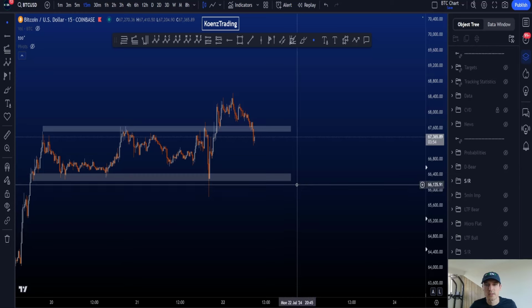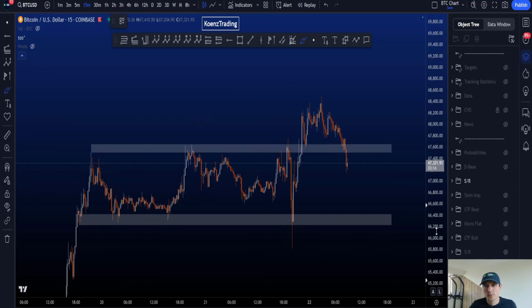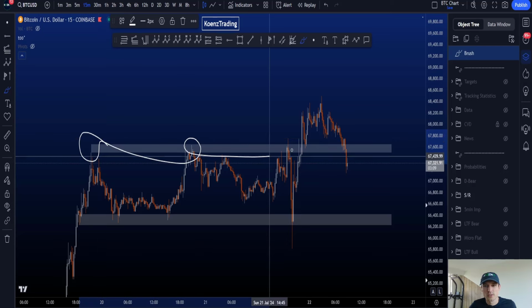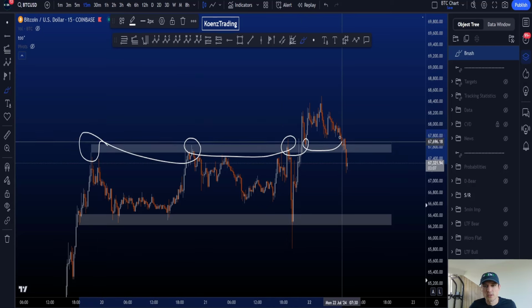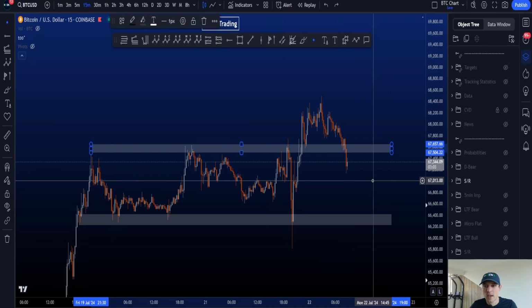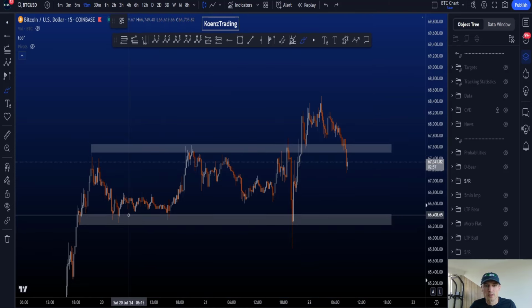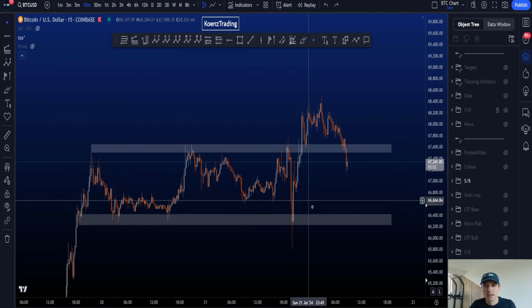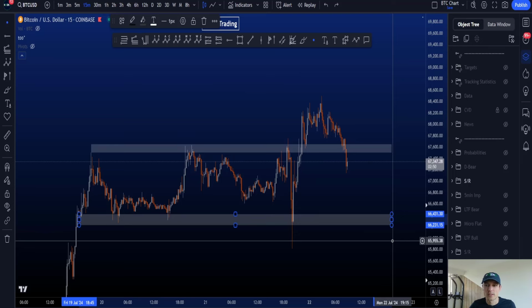Very, very interesting indeed. If locally we pull two simple support resistance areas, then you can see this one was a resistance, a resistance, a resistance, a support, a little bit of support, and now broke, meaning this is now resistance again between 67.5k and 67.7k. To the downside, we have the support area here, support, support, support, support, and this one is sitting between 66.2k